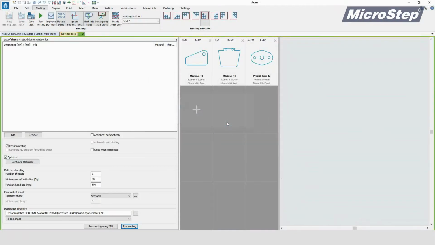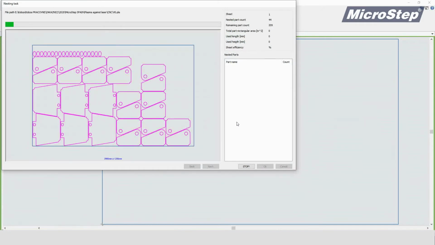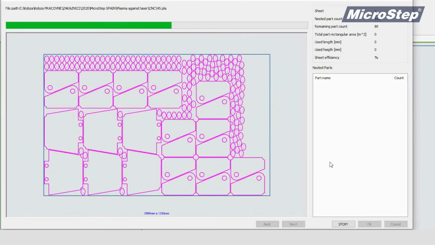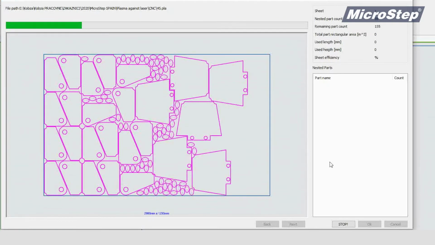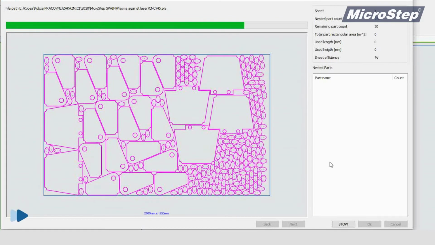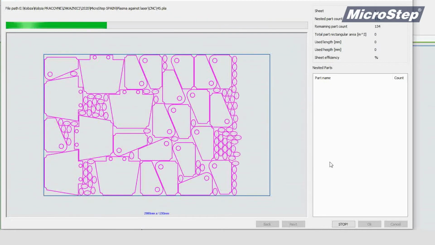The intuitive nesting module ensures the best possible use of material. After choosing the parts, their amount, and other parameters, the algorithm runs multiple nesting iterations looking for the most effective